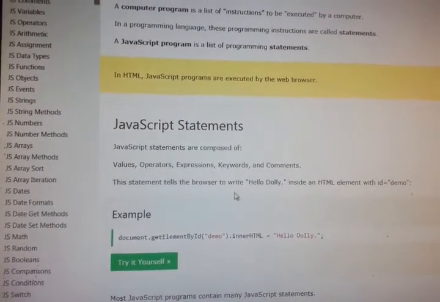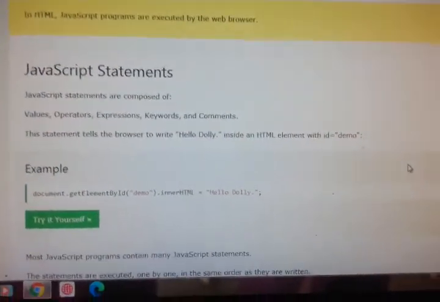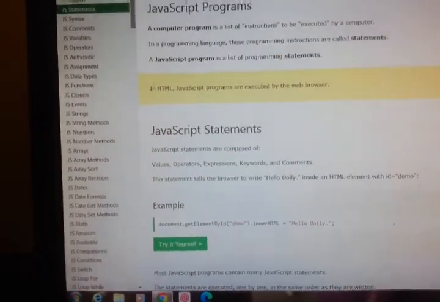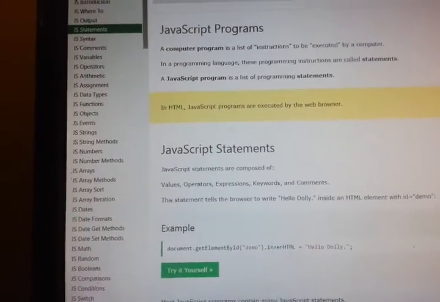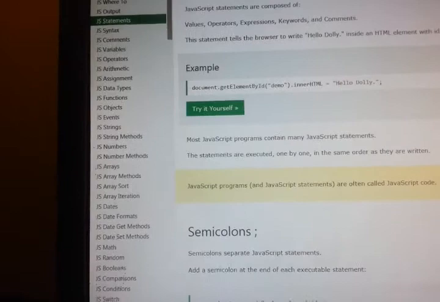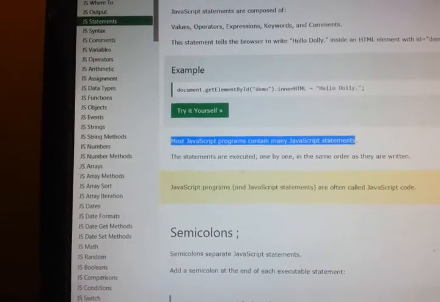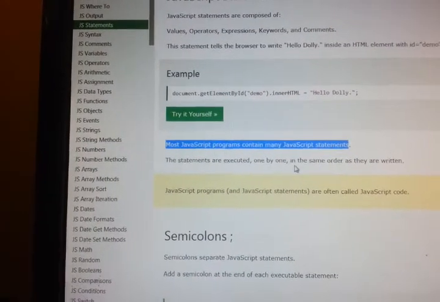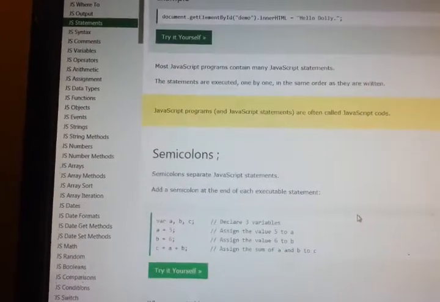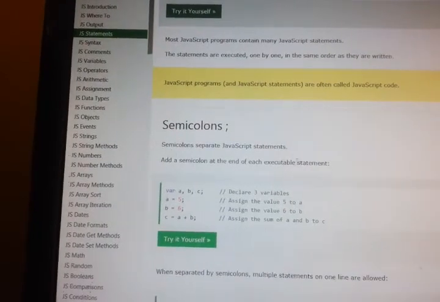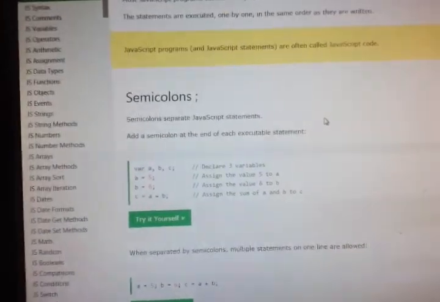This statement tells the browser to write something inside an HTML element with an id. Most JavaScript programs contain many statements, and the statements are executed one by one in the same order as they are written. A semicolon separates JavaScript statements. You have to add a semicolon at the end of each executable statement.